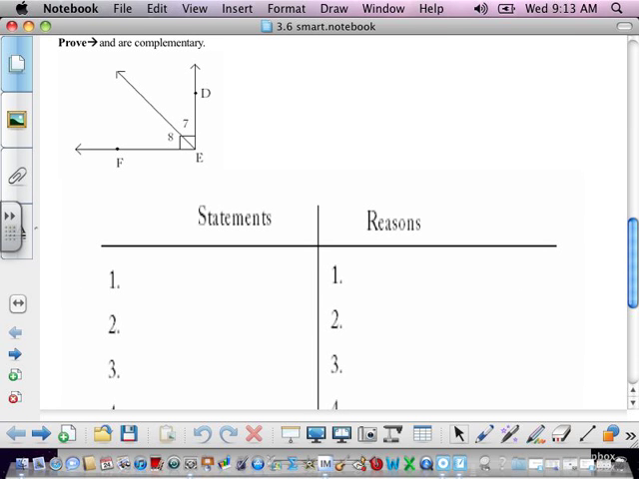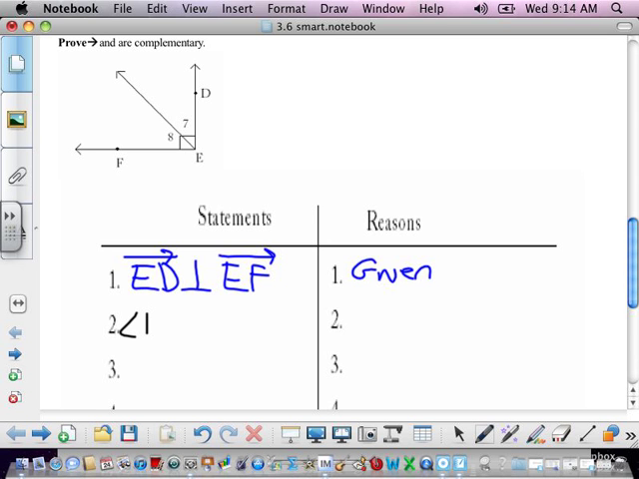All right. First thing we're always going to write down is the given. So we've got ED is perpendicular to EF by given. Okay. What is this little box right here saying? Right angle. So angle DEF is a right angle by what? No. Perpendicular lines